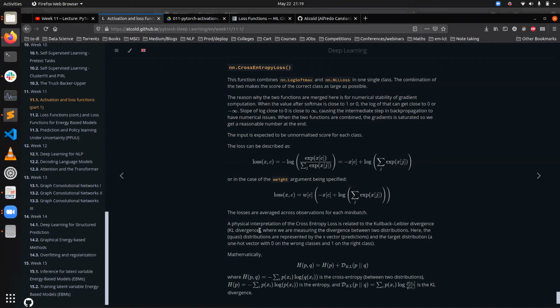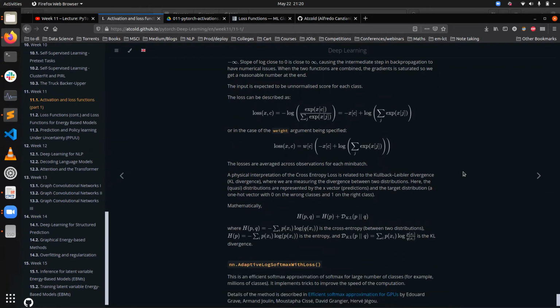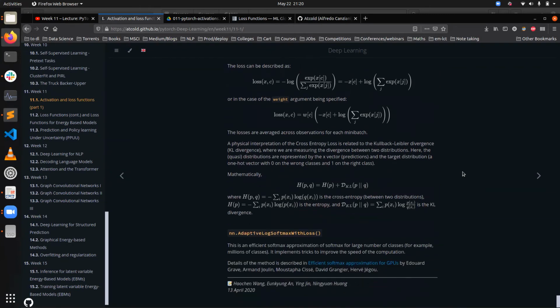What you do in cross entropy is you are just comparing the distributions, right? So you have an x vector which is the score for each class, and your y vector is basically 1 for the correct class and 0 everywhere else, and you're just finding the distance between these two distributions, and that is essentially your loss, and you're trying to minimize that.